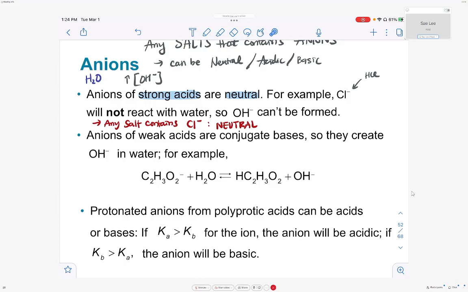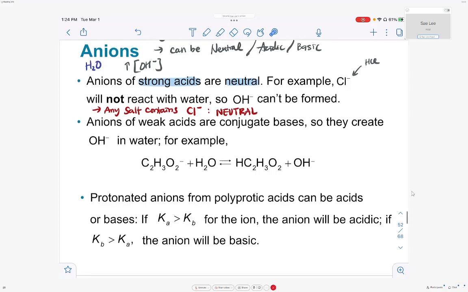All right. So therefore, any salt containing chloride ion, is chloride going to do anything with water? No. So any salt that contains chloride ion is just going to be neutral. Okay. Secondly, let's take a look at salts